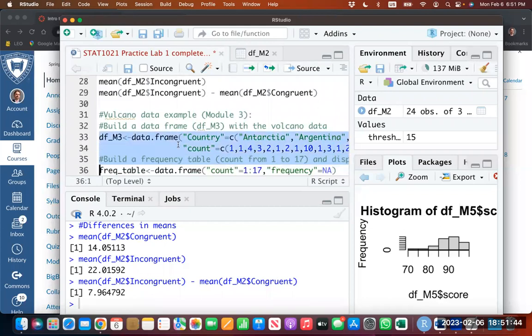So okay, next is the volcano data set. This is the